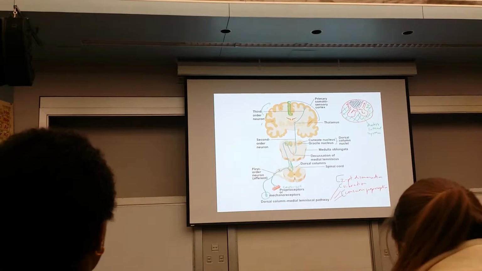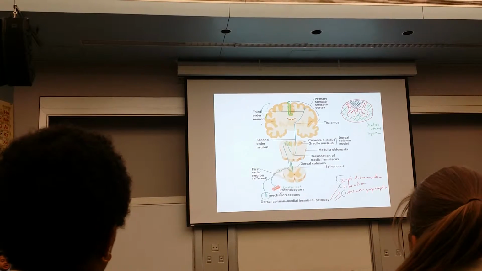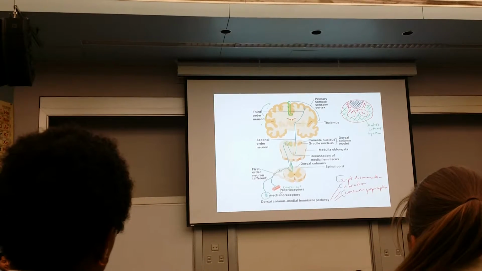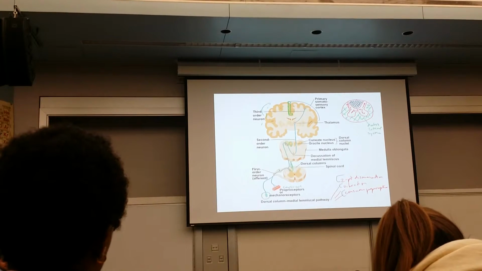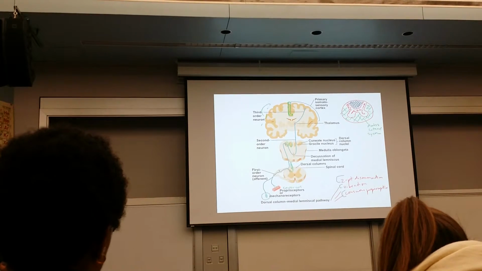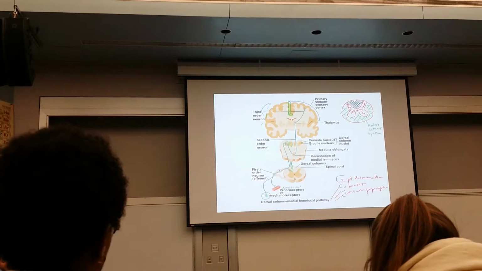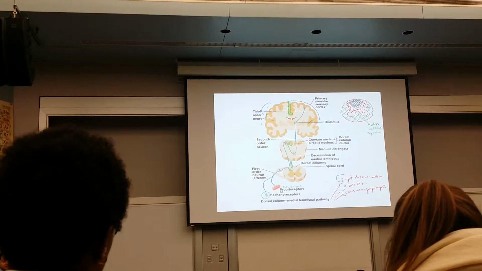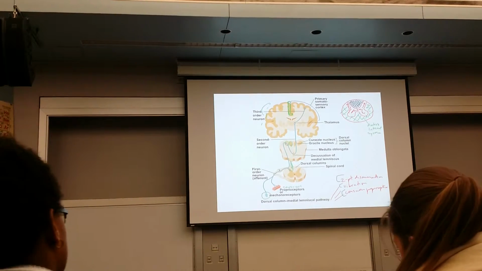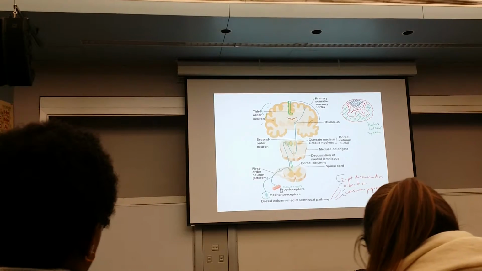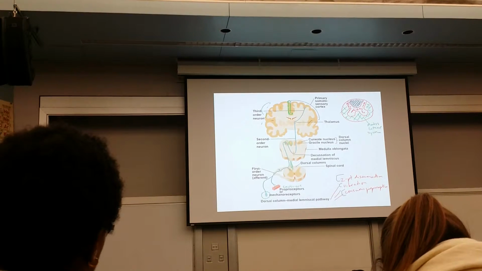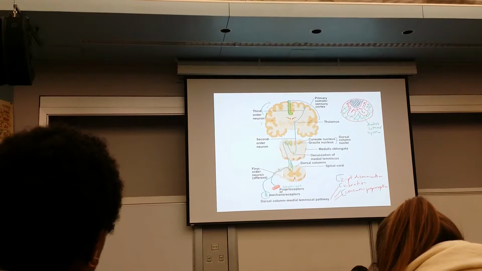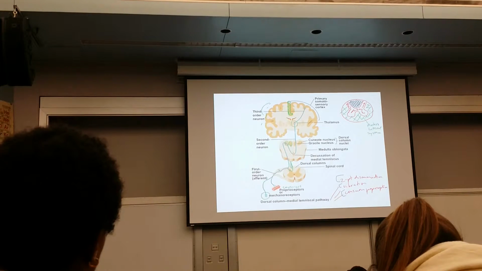Let me just stop here. So the first order neuron is going to terminate, it's going to get into your spinal cord, right? And that information is going to travel all the way up to the medulla. Okay? In the medulla, you see here that there is the information. The second order neuron starts here. It's going to have the cell body in this nucleus, and it's going to cross to the other side and travel all the way up to the thalamus. So the information travels to the other side here in the medulla.